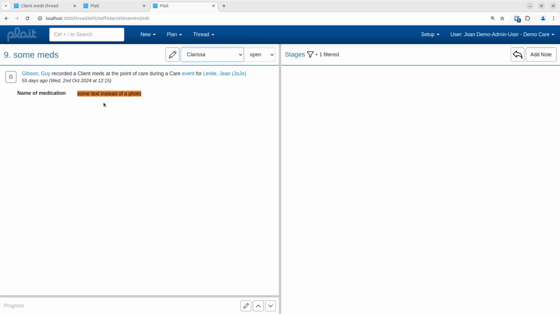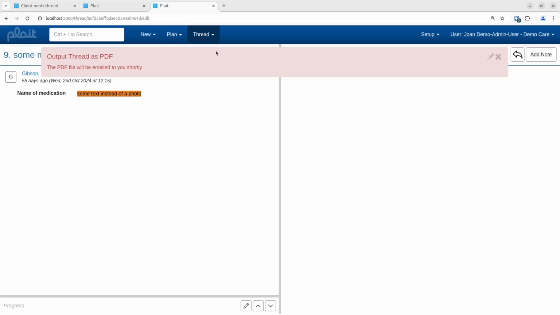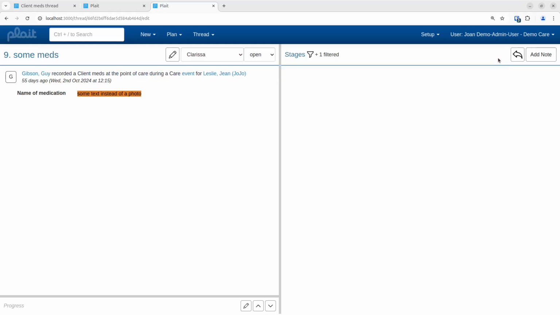There's not much here, but we do have the form data, the header data. We don't happen to have any stages here exposed, and there is this new output as PDF option, and when I do that, it'll send me a PDF in an email, and that PDF format will be generated by the system. Now if I'm not happy with that format, if I want to put in a glitzy heading or change the colouring or whatever I might want to do, then I can do that by going to the form setup,